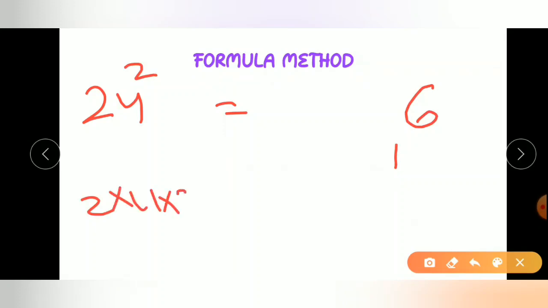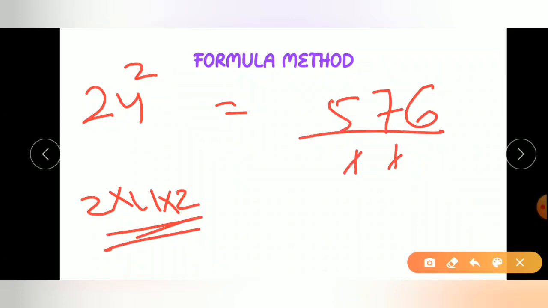Next, square of 24. Square of 4 is 16, put 6 and 1 carry over. By multiplying 2, 4, 2, you have to multiply this in your mind. No need to write it, it consumes time. So multiply 2 into 4, 8, 16, plus 1, 17, put 7 and 1 carry over. Square of 2 is 4 plus 1, 5. So this is the answer.